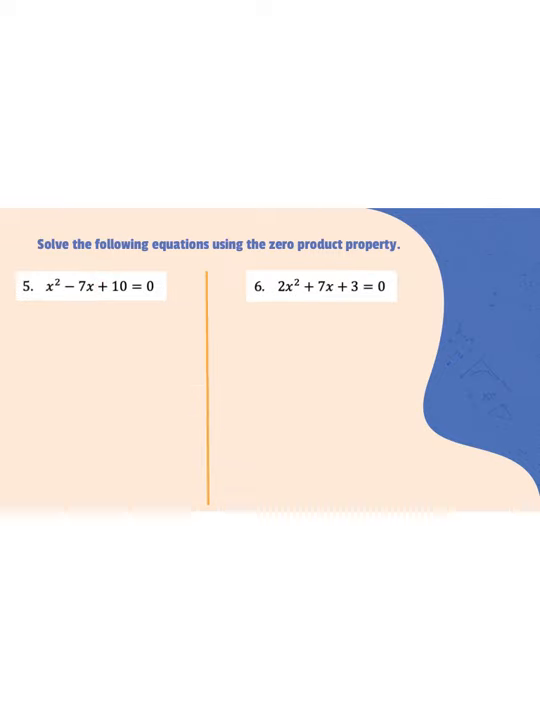X squared minus 7x plus 10. Again, I have to start with factoring it. So my 10 goes on top. I have a negative 7 on the bottom. Okay, because my 10 is positive and my negative 7 is obviously negative, I know that my two factors are going to have to be a negative, because two negatives make a positive, but two negatives make a bigger negative. So I'm going to do a negative,